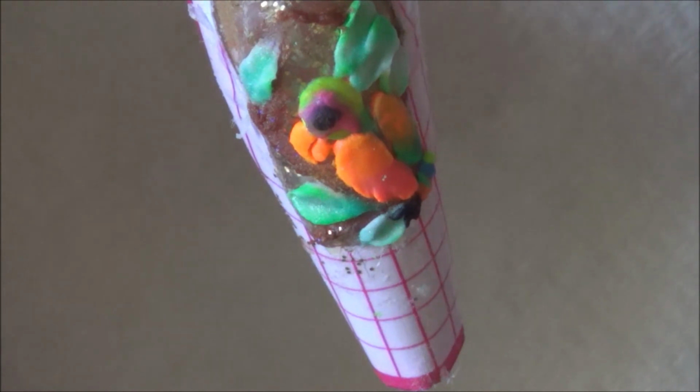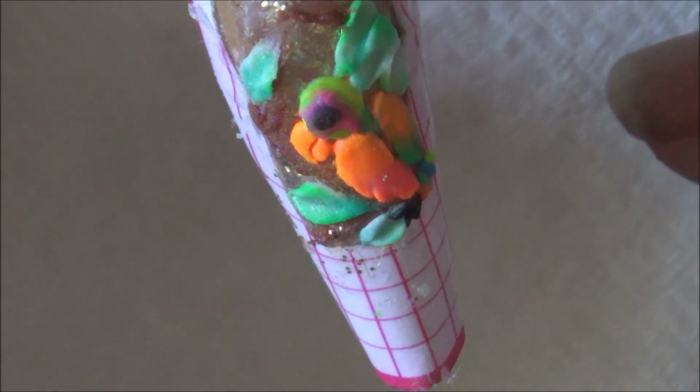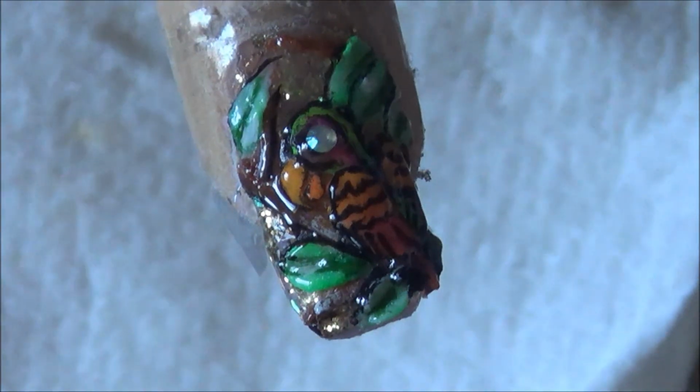Oh, one more thing I do want to mention, that I did go in with a crystal, a rhinestone, in the center of the eye. So I added that, and at the end you're going to see that I'm going over the whole nail with a top coat. That's because it had the black outline, and I wanted you guys to see it pop on the video. But normally, if this would be the finishing product, I would just apply UV gel around the nail without applying it on the 3D. So that's another